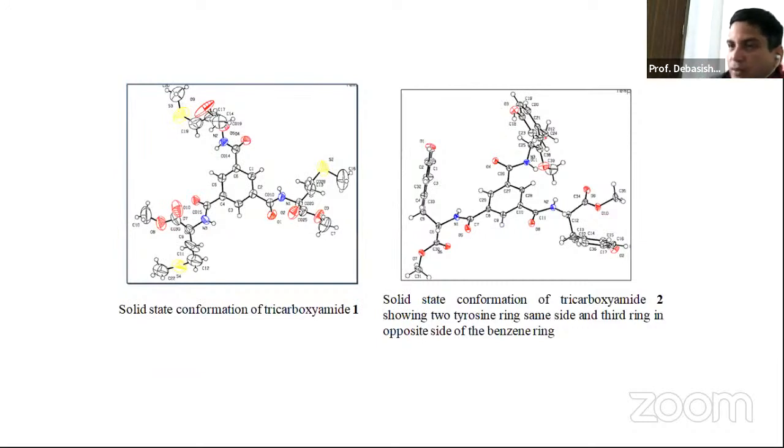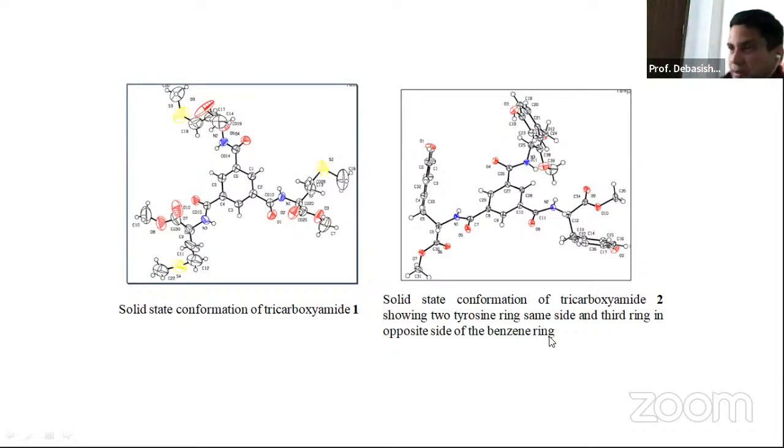So both compounds are C3 symmetric, and there are amide functional groups. So the same kind of hydrogen bonding functionality. Then what is the difference? The central core is the same. So what did we figure out? When there is a methionine unit, the compound maintains C3 symmetry properly. But when there is a tyrosine unit,